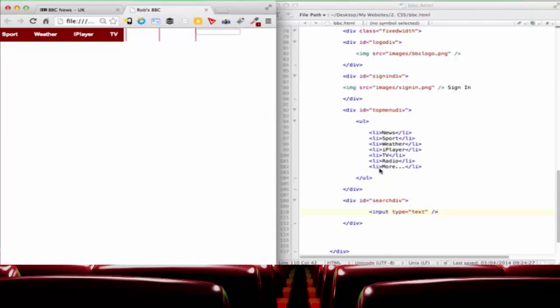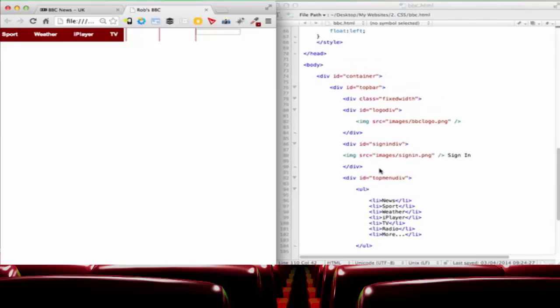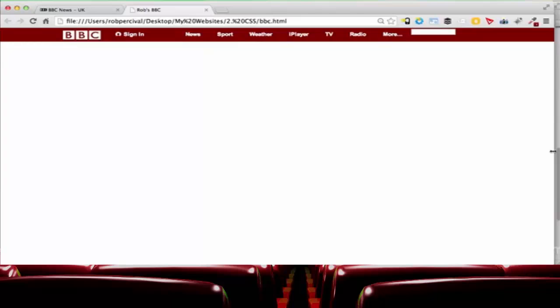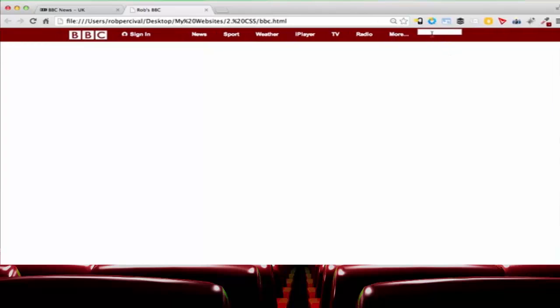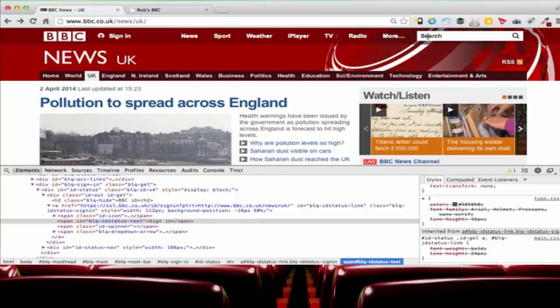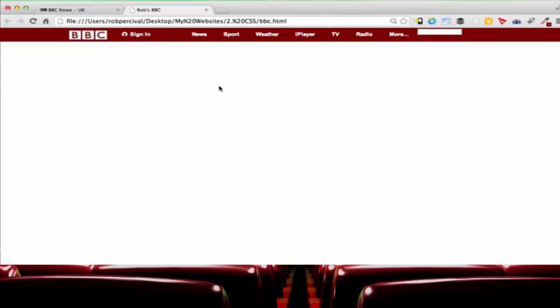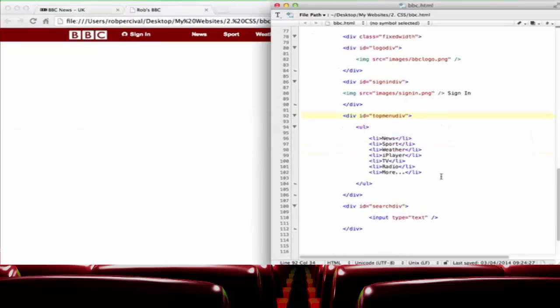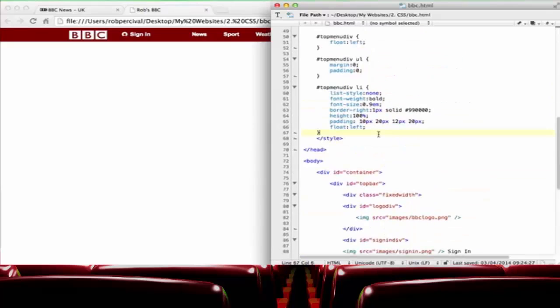Oof, not great. Okay, so we're going to need to see what's going on. Okay. So there's our search box. It's not too bad. We do need to move that, give it a bit of padding, make it a little bit wider, and get this search word in there as well. So how are we going to do that? Well, let's first of all